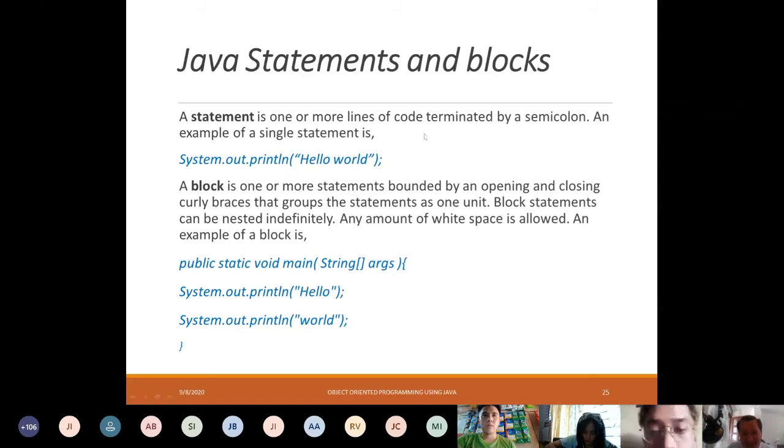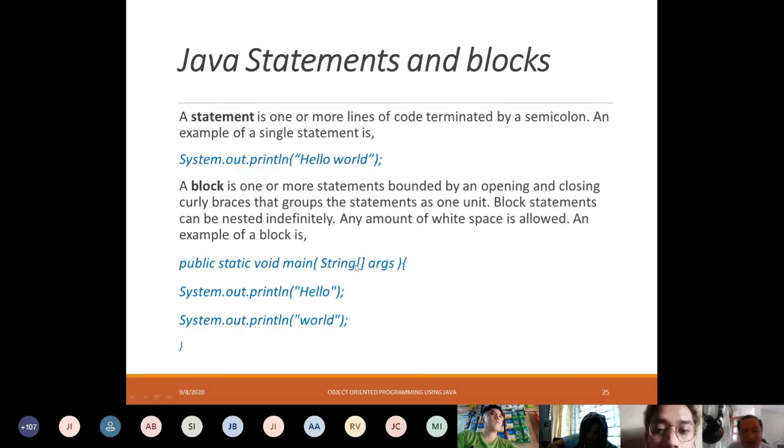Statement. Each line is called a statement. Okay? Mga terminologies natin. So, it is always terminated with a semicolon. So, baka mamaya semicolon lang yung problema nyo, kaya hindi gumagana. A block is more of a statement bounded by the opening and the closing curly brace, so block to. Okay? So, kumbaga, yung main argument natin dito, which is you have your public static main na naka-string, yung argument mo is inside this block. Opening at saka closing lagi ng block. So, ako, kahit ngayon, nagkakaproblema pa rin ako dito sa mga block statement na to kasi sa sobrang dami mong blocks inside your blocks, minsan di ko na mahanap saan yung partner niya, saan yung closing, or minsan kulang,